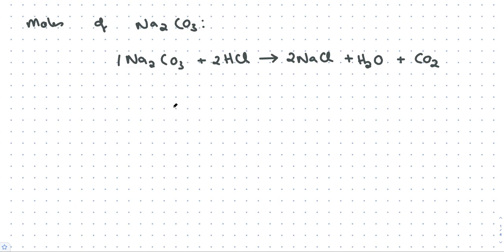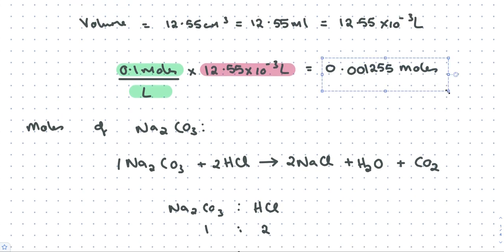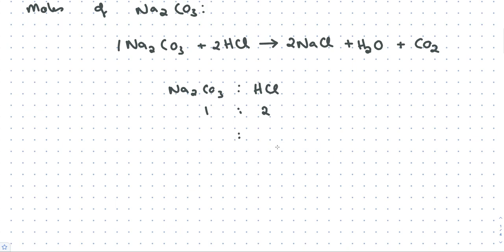So I can write 1. So the ratio of Na2CO3 to HCl is going to be 1:2. So if I have, from above, let's just take that down here, this many moles of HCl, I should have half as many. I should have half as many as I do here. So when I divide that by 2, what I will get is that the moles of Na2CO3 will be